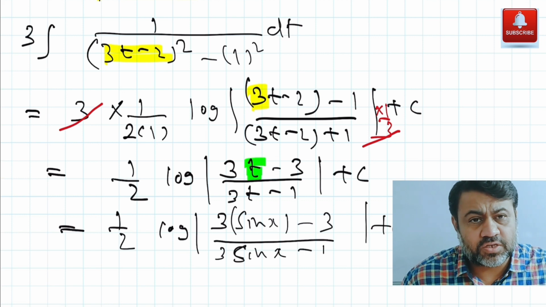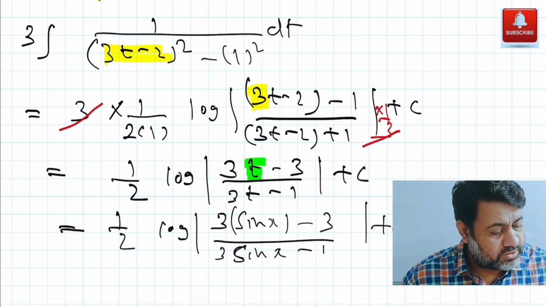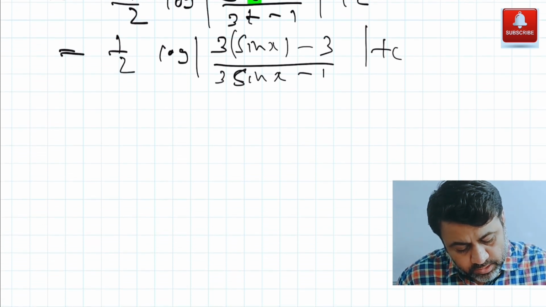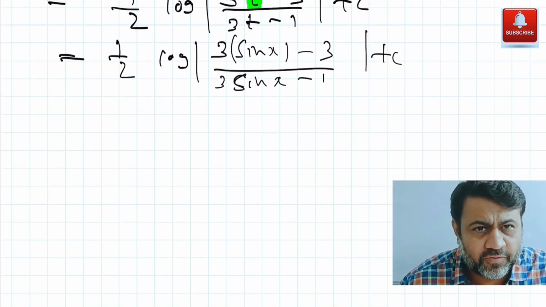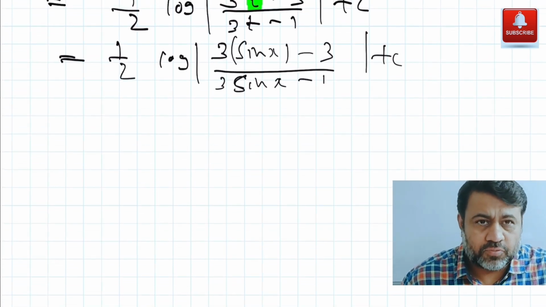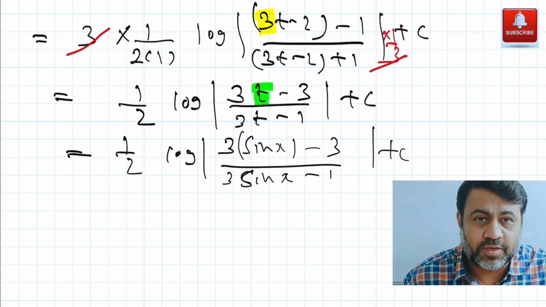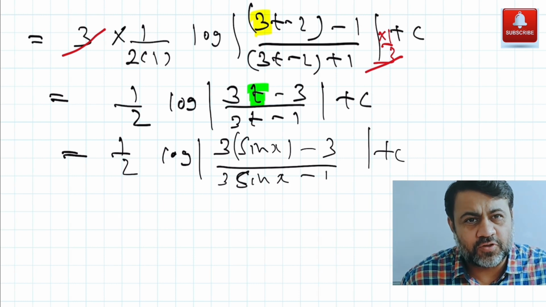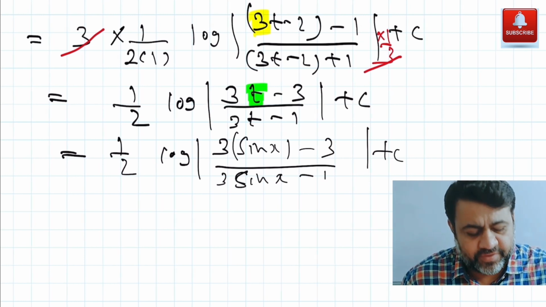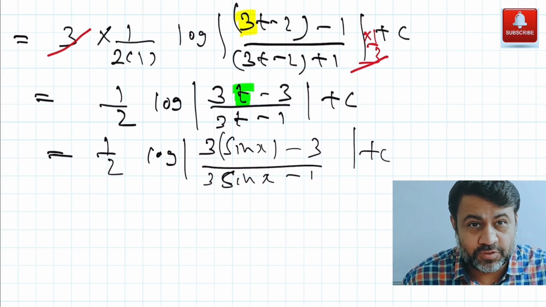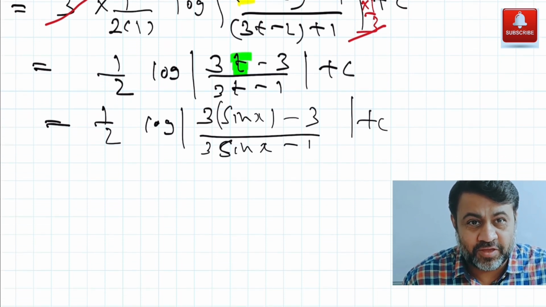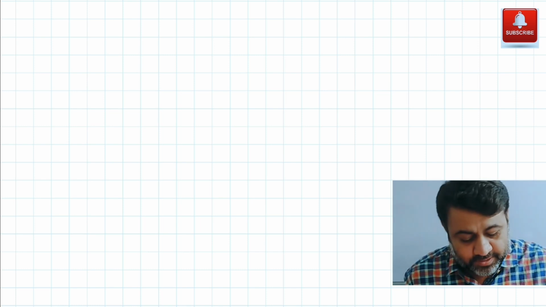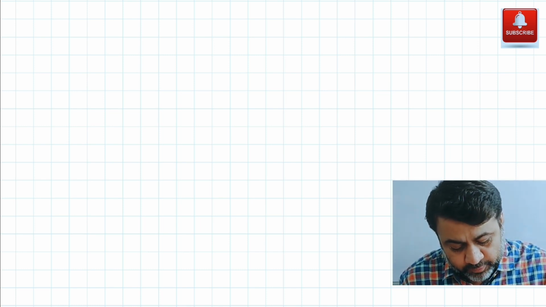So this is my question number 1. We go to the next question. We have question number 2 now. The first question was basic and easy. You just need to know some of the basic things. Substitution should have been understood, the formula should have been remembered. Substitution was not difficult because it was very easily identifiable. In the second question, substitution is what you have to think. So try by yourself first. You can hit that pause button and think what the substitution will be here.